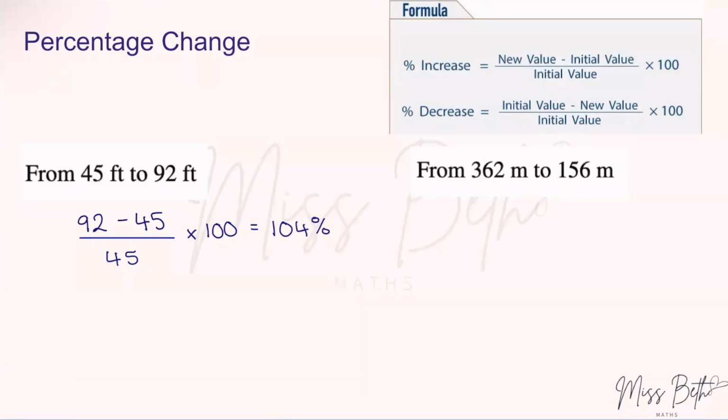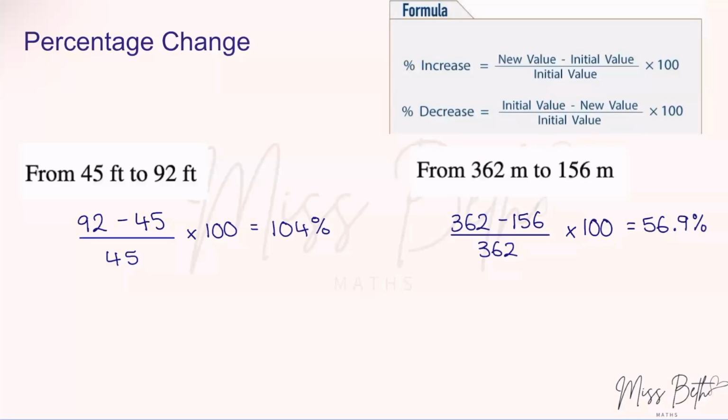Okay, on to the next one. So this time we're going from 362 meters to 156 meters. So I already know that this is a decrease. Okay, the amount is going down. So I'm going to use my percentage decrease formula. So the initial value is 362. Okay, we are subtracting the new value of 156. And we are dividing by the initial, which was 362. Again, multiplied by 100. Pop that into your calculator and you would get